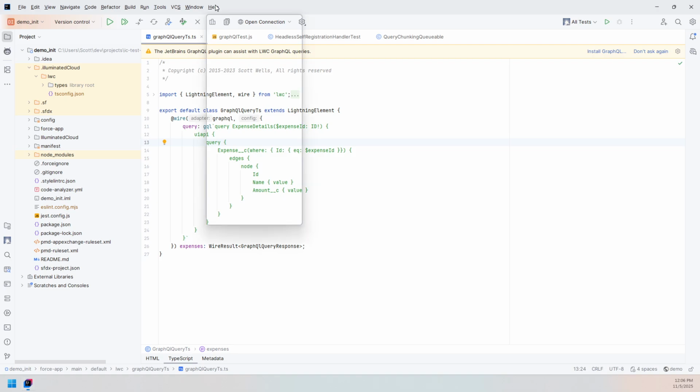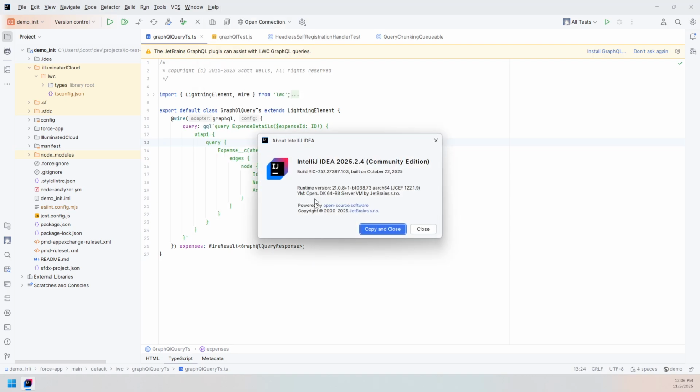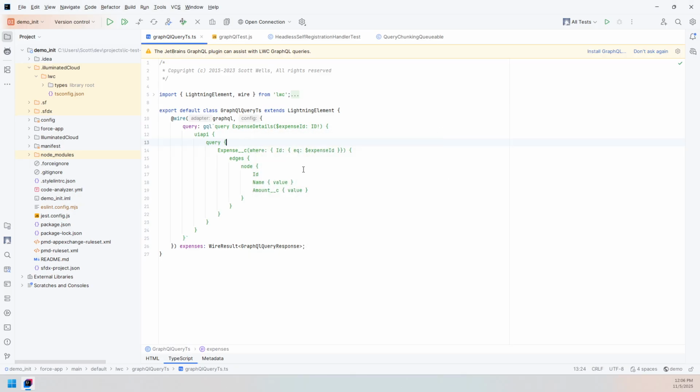One thing I want to point out on the front end is that this entire demo is actually in one of JetBrains' free Community Edition IDEs. And the main reason I point that out is to show that everything I'm going to be demonstrating is available in all of the JetBrains IDEs supported by Illuminated Cloud, not just the commercial IDEs. Now, what it does require is the JetBrains GraphQL plugin, which is not bundled with those IDEs. It's available through the marketplace. It's an open source plugin from JetBrains for GraphQL, and so we need to have it